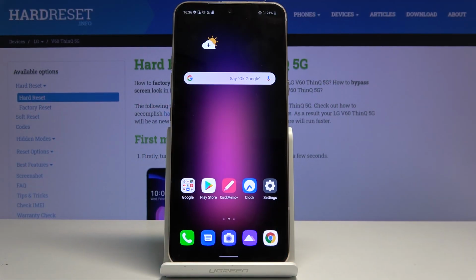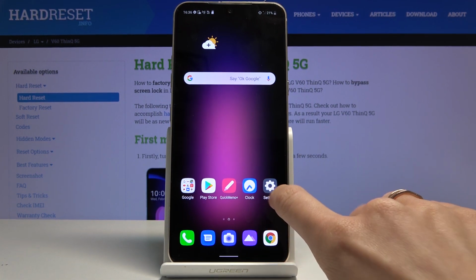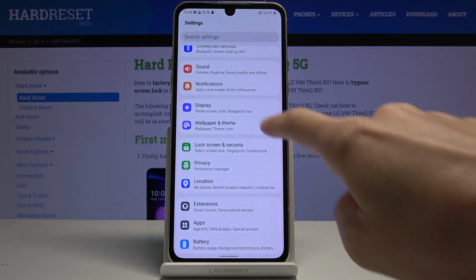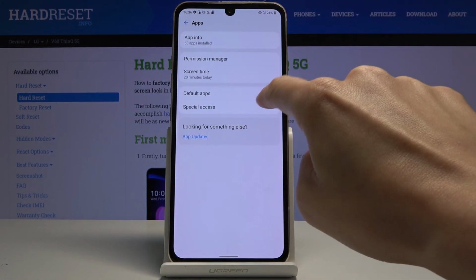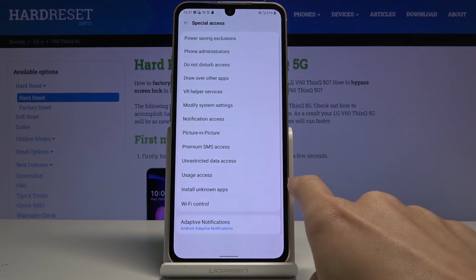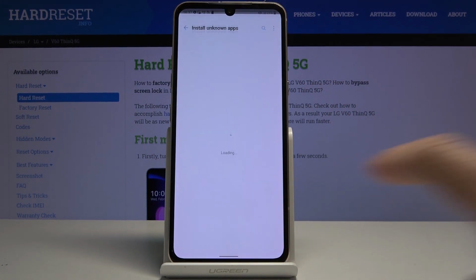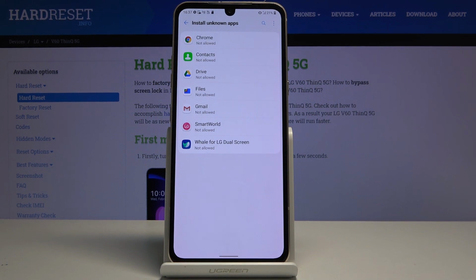Here I've got LG V60 ThinQ, and let me show you how to activate the installation of apps from unknown sources on the following device. So at first you have to open the settings, then find and select apps, and then go to special app access. Here you will notice install unknown apps, just click on it,